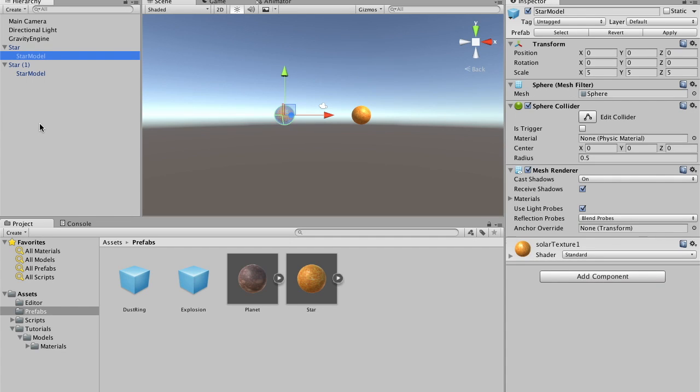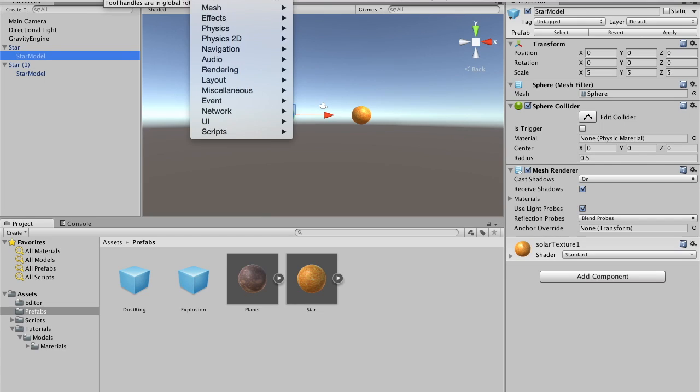So you'll notice that on each of the models for the stars, we have sphere colliders. And we'll use as much of the existing Unity collision detection techniques as we can. And then we'll add collision objects that the gravity engine understands to augment that. So in order to do that, we want to add to this